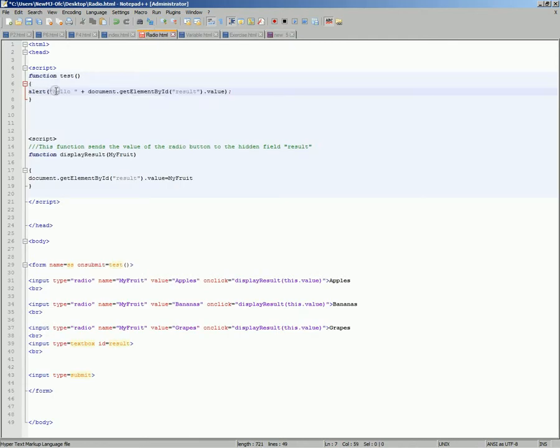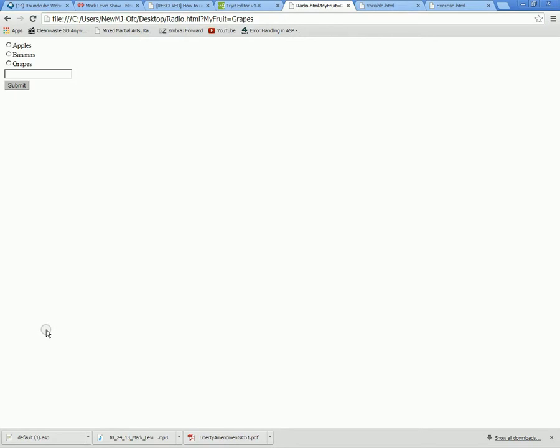So what this is going to do is hello plus document.getElementById result.value. So I'm going to get the result of this text box right here and display it in an alert. So when this thing runs, the name of it is, as it says on submit, I'm going to run test. Test is then going to get the value of this text box and display it, hopefully. Alt F S tab, control refresh. So when I hit apples, it should be,